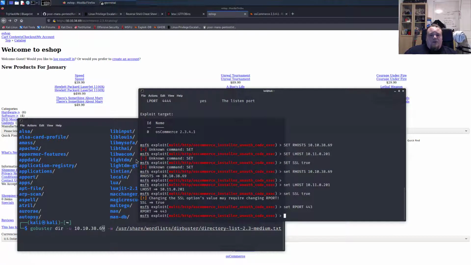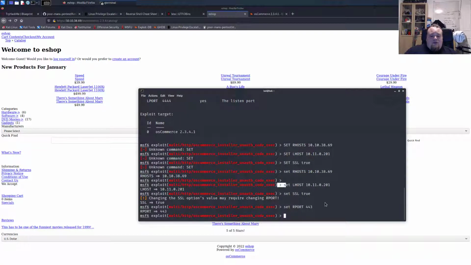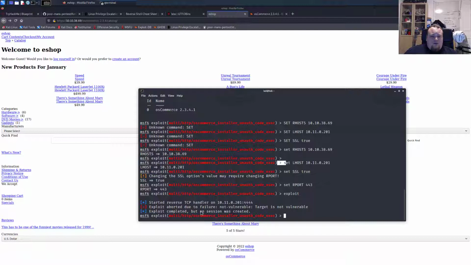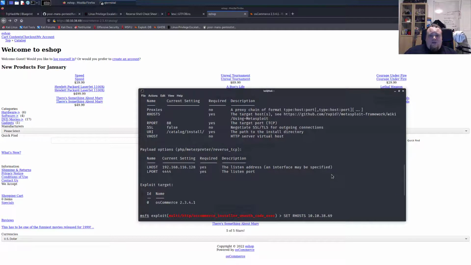Okay, so this is the time where we're gonna type exploit or run. Let's just type exploit, it looks fancier. And, abort due to failure, target not vulnerable, exploit completed, but no session was created. So it seems that this is probably the right one to do, but